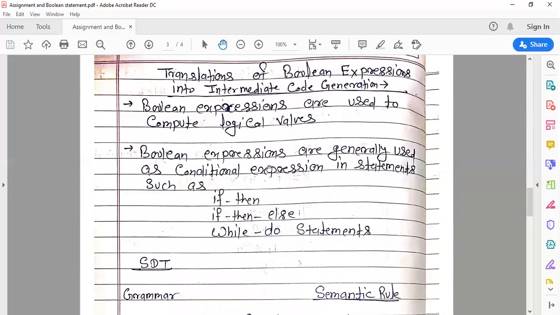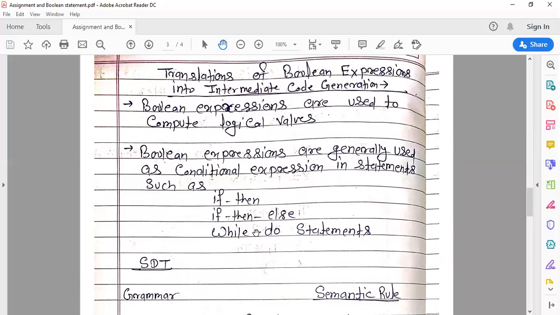Boolean expressions are generally used as conditional expressions in statements such as if then else and while do statements. You know, in an if then statement, if the condition is true, then this statement is executed, and in if then else, if the condition is true, then the true statement is executed, otherwise the else statement is executed.